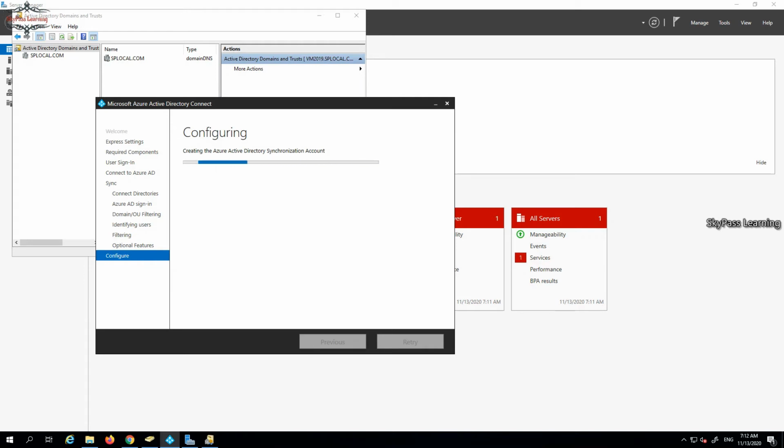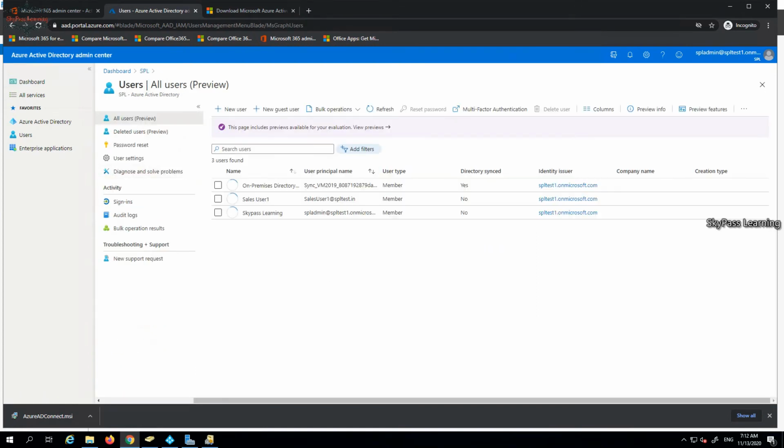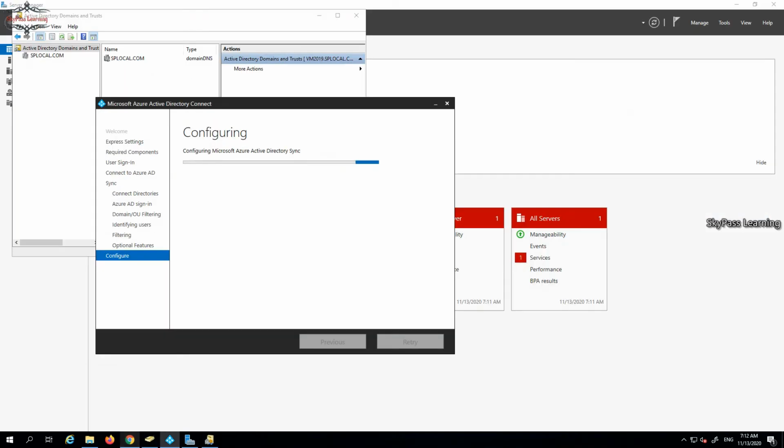One more thing I just wanted to add here. Once you do the synchronization, it will still take a couple of minutes at your portal, that means here in the user section. You can see the on-premises synchronization is continuing, but it will take a couple of minutes. So just wait, and you can see it after some time. Let me just finish it and then see how it goes.